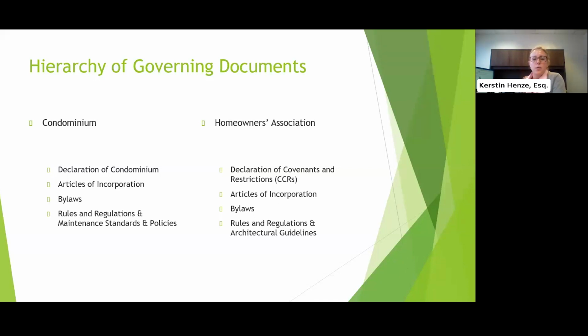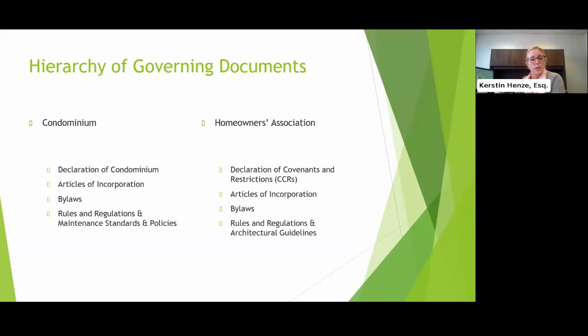For the condominium, you have your declaration of condominium, your articles of incorporation, your bylaws, and for homeowner associations, you have a document called the Declaration of Covenants and Restrictions, which is basically the equivalent of the Declaration of Condominium for condos. And then HOAs also have articles of incorporation and bylaws. Those three sets of documents comprise the governing documents.